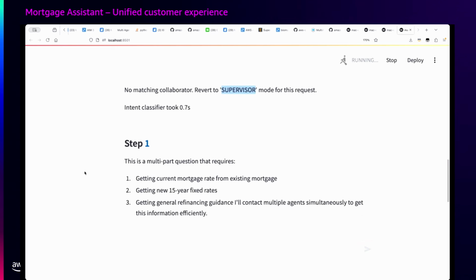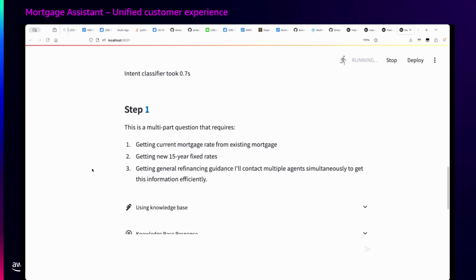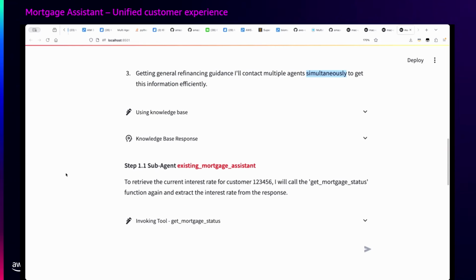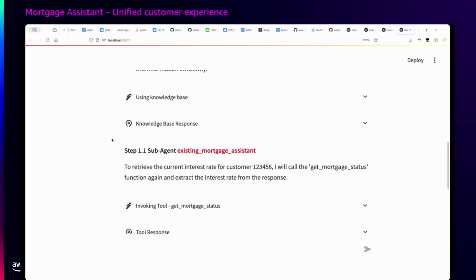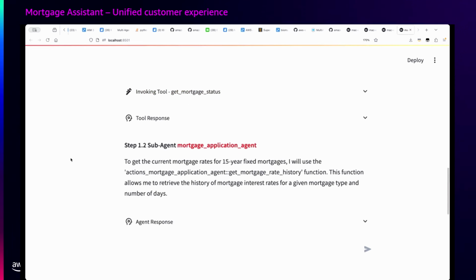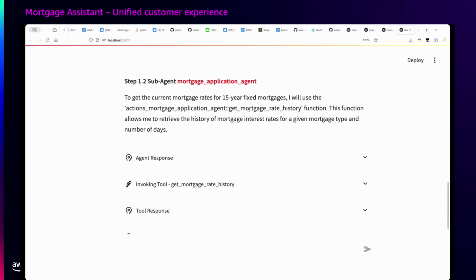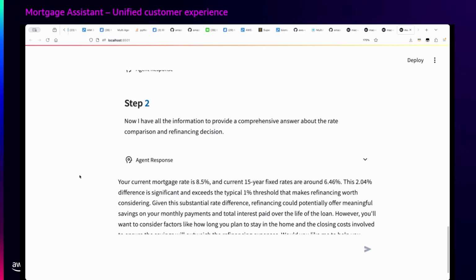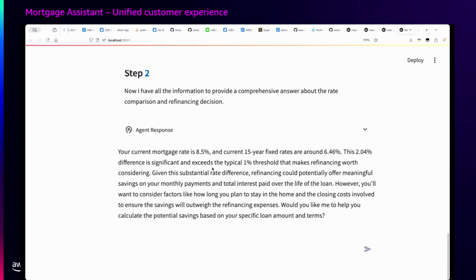But what does it do? It comes up with a 3-step plan. Get the current mortgage rate for my existing mortgage, get the new fixed rates, and get me some general advice from the knowledge base, pull that together into a cohesive answer, and it ends up doing all of those steps in parallel because there's no dependencies. It executes that in parallel, figures out the answer, and now I can get my wife to stop bugging me